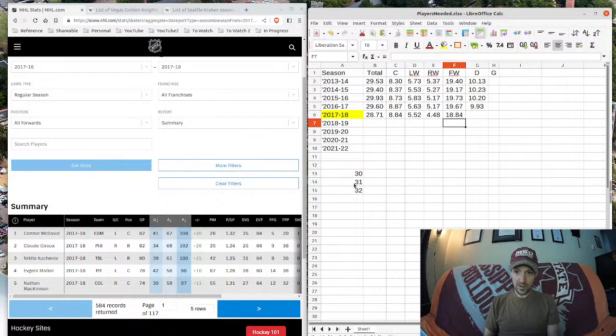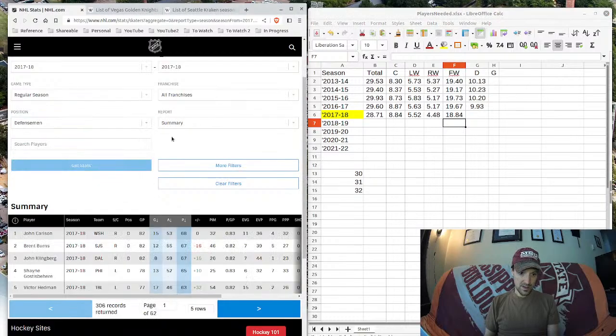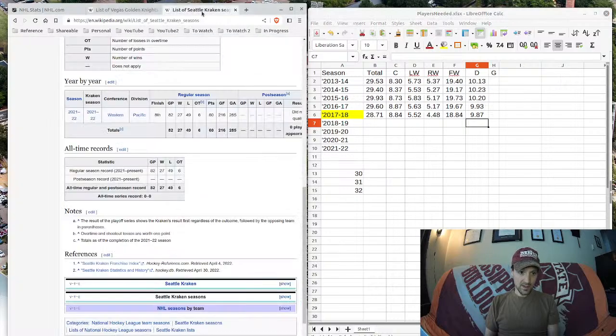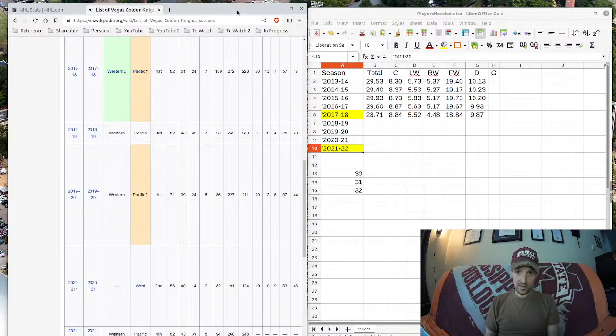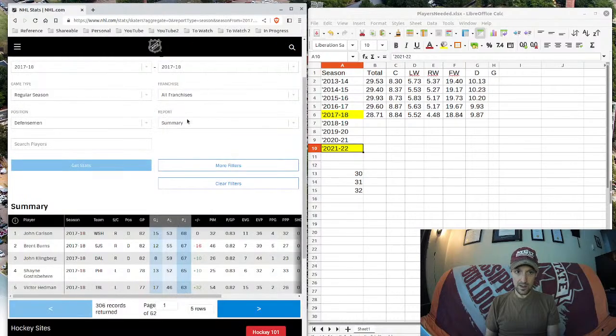584. Defense 6 divided by 31. And Kraken started last year, so I don't think I'll need to reference back. Okay, now